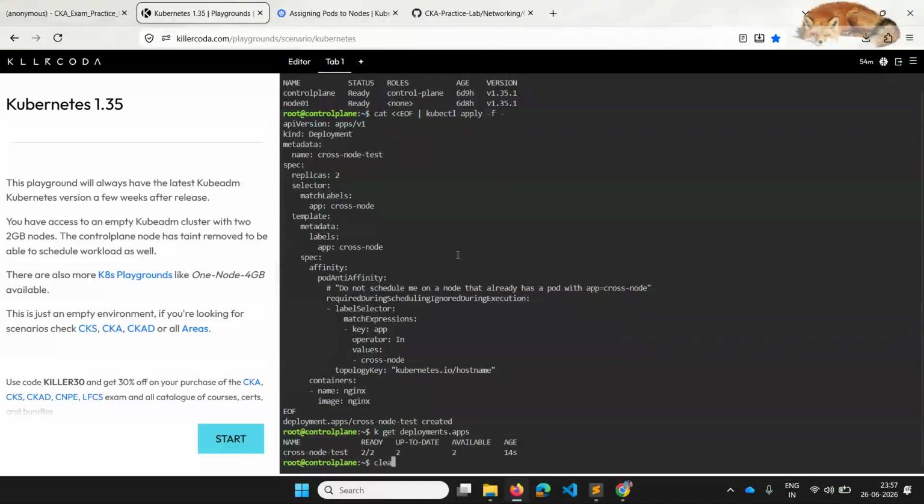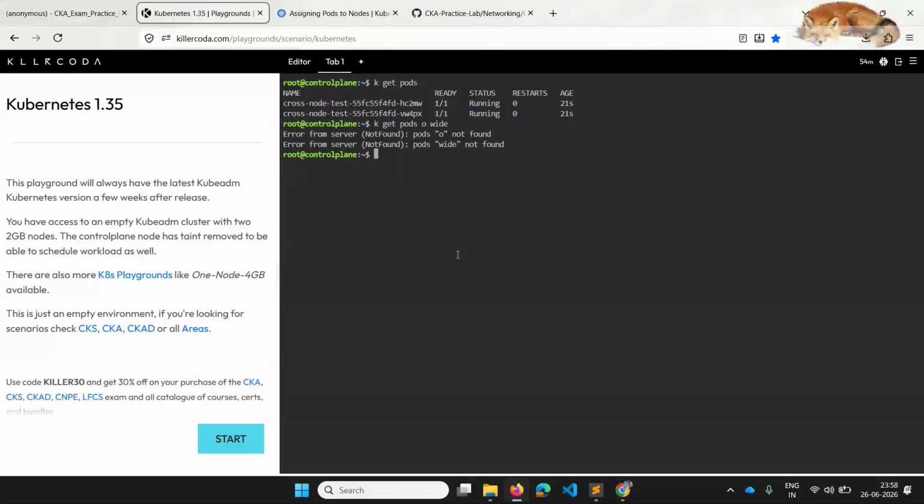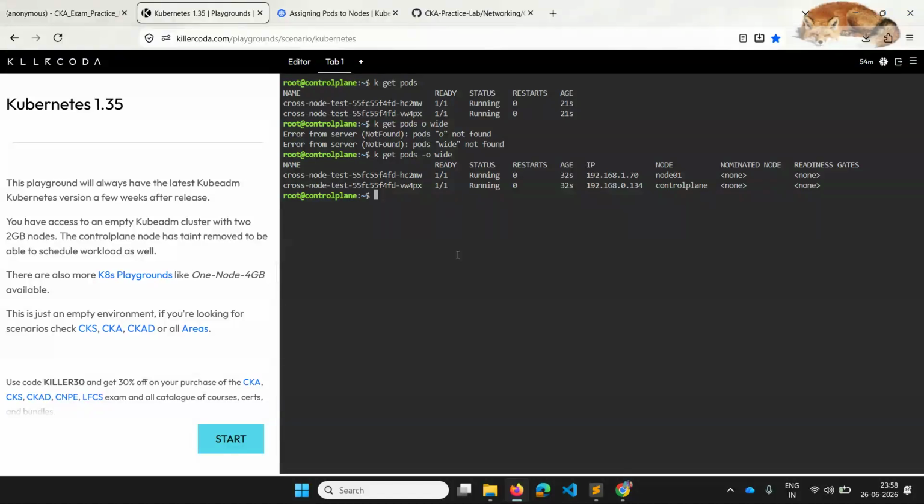And if you see, of course the pods are placed on different nodes. I can do it with wide output, I'm sorry. You can see that the second pod is forced to go to a different node. Now I want to test the communication between these two pods.